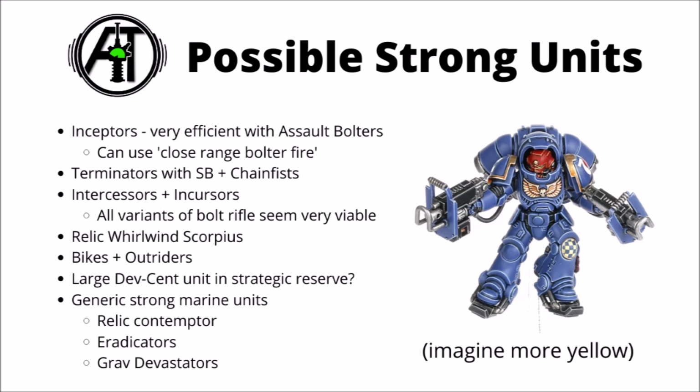While most artillery did go up in points cost, one that didn't get quite as much of a hike was the relic Whirlwind Scorpius. This Forge World datasheet was pretty murderous with the Imperial Fists in 8th, and with a below average points increase, I think they could be taken to the table a bit more. These things just find it very easy to delete whatever they want to shoot at the table, whether that's infantry units,